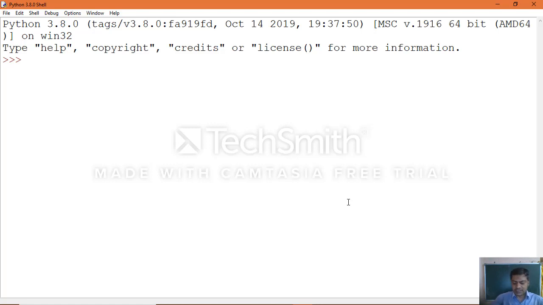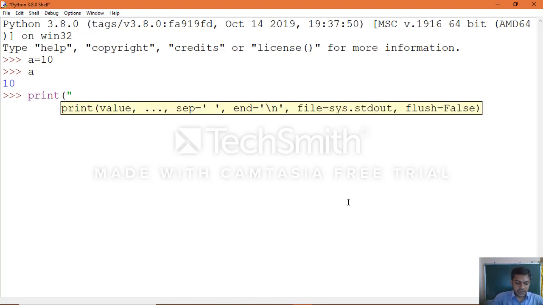Okay, we'll start with a simple example, how we can make use of numbers, that is integers. a equal to 10. Yes, we can just type a, which will display the value. In the same way you can print by using the print method. "A value is", comma, variable name.